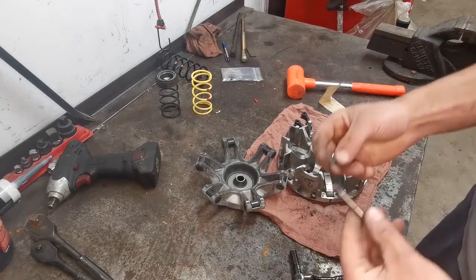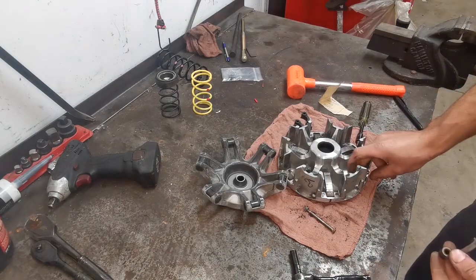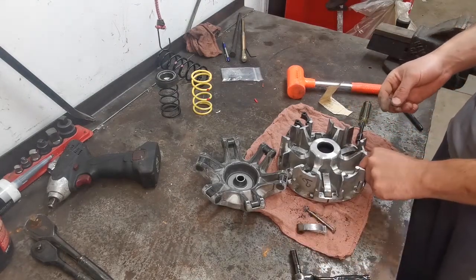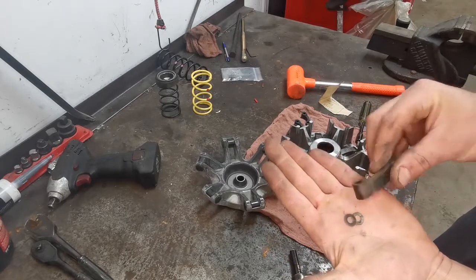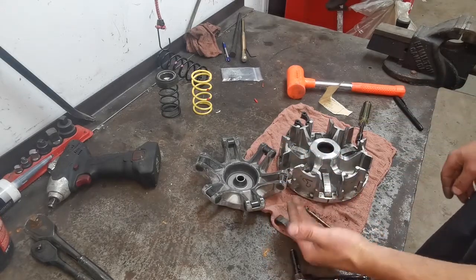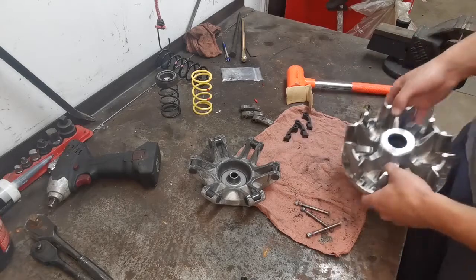Right, that's what you're going to find inside. Careful, because you're going to have 2 very tiny shims that saddle this that you're going to need to reuse. Do not lose those. Alright, now that those are removed, what I want to do actually as well, I want to show you guys,